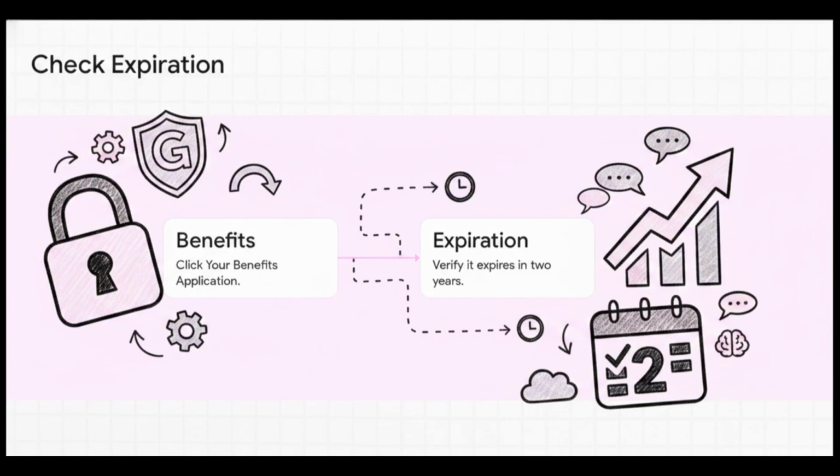Why is that so crucial? Well, because your Notion AI access is going to directly mirror that timeline. If your GitHub benefit is good for 2 years, your AI access stays active for 2 years. That means your chat history, your saved prompts, your workspaces, they are all safe and secure for the long haul.